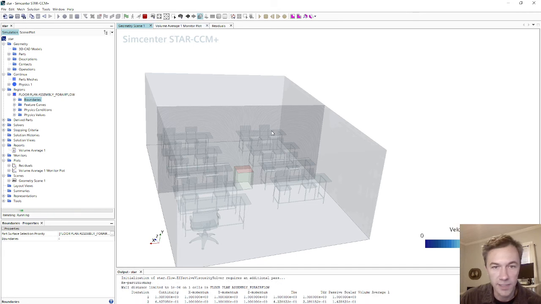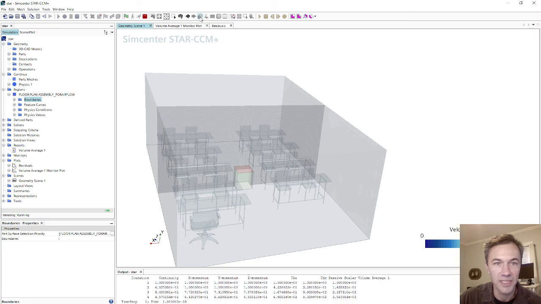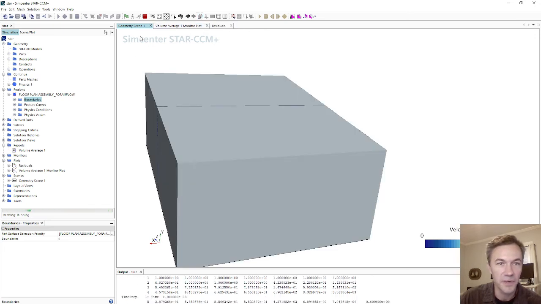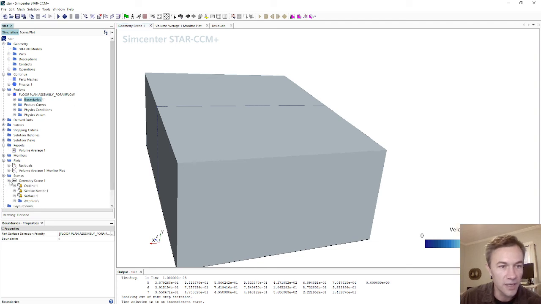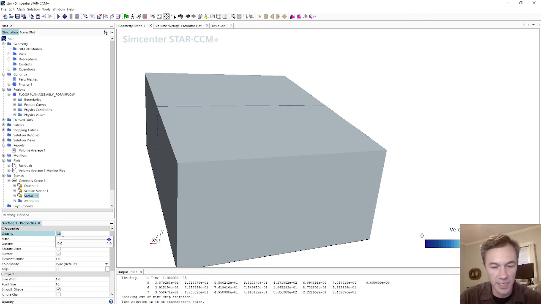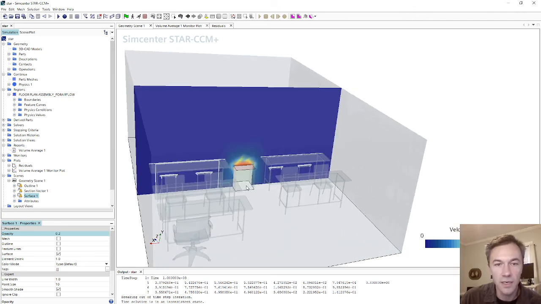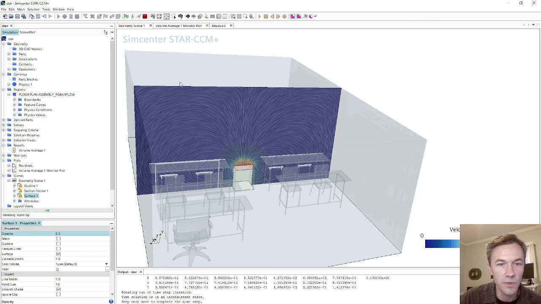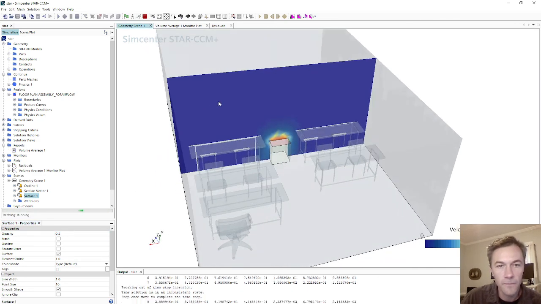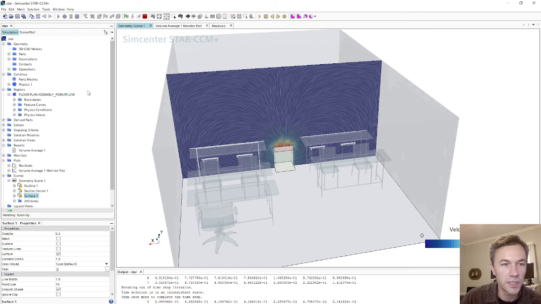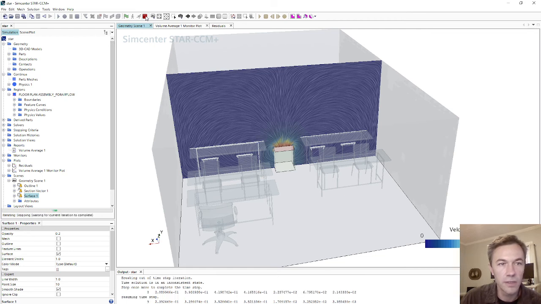So I see a vector plot in there, but it's actually grayed out. It's kind of transparent because I set the whole scene to transparent up here. So let's stop the run, and let's turn just our surface to transparent by changing the opacity of that so we can see through the outside, but the vector is not transparent anymore. And we'll click run again, and now we're seeing that vector displayer